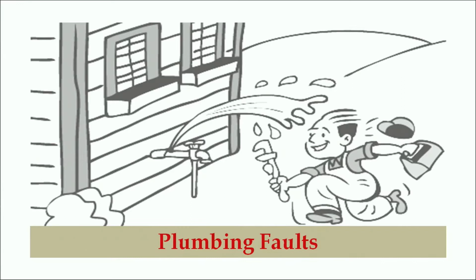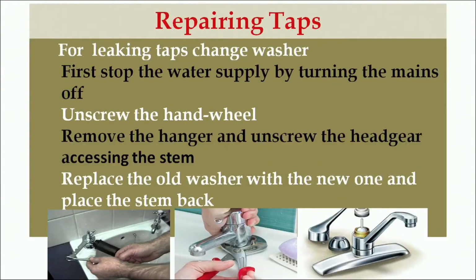So now let us discuss the commonly occurring plumbing faults that need to be taken care of at the premises. Now we need to frequently repair the taps, because after a while, due to aging or otherwise, taps become nonfunctional. So we need to remove it, replace it or repair it as and when it is required. So how can you repair the taps?